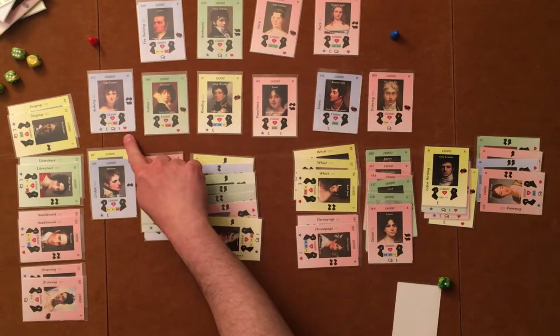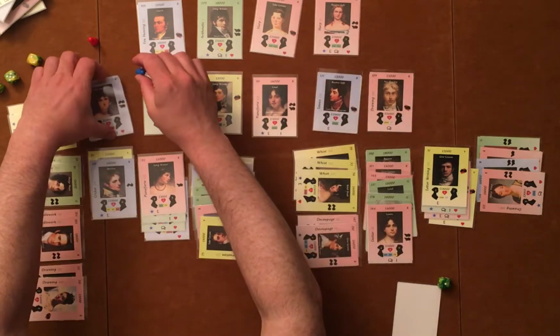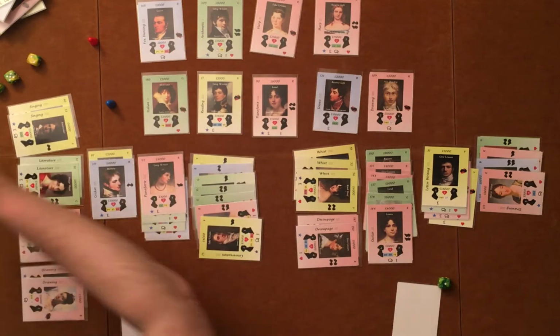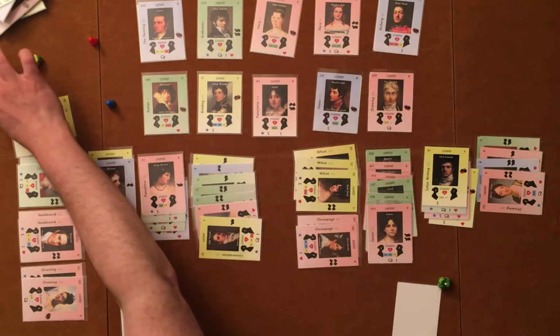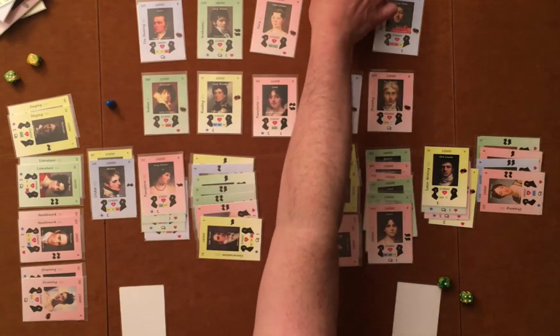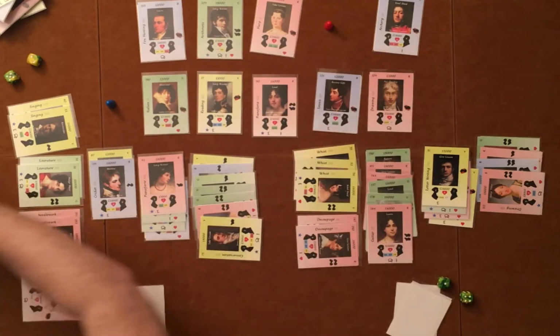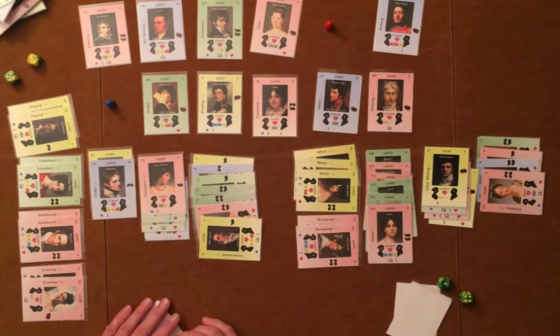So that opened up there, so I'll go ahead and take the 6 and grab myself a heart here. So Marianne is going to go ahead and take this 4 here. Grab another heart. So now unfortunately there are no hearts that I can pick up